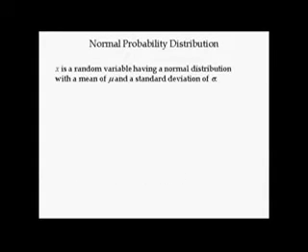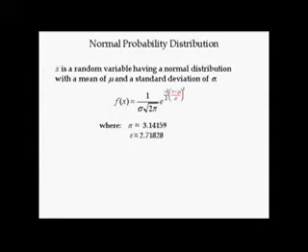In Chapter 6, the distribution will be given. If x has a uniform distribution, its endpoints, a and b, will be given. If x is a random variable having a normal distribution, its mean, denoted mu, and its standard deviation, denoted sigma, will be given. The normal probability density function is given by the following equation, where pi is approximately equal to 3.14159, e is approximately equal to